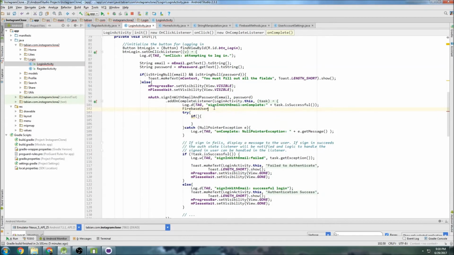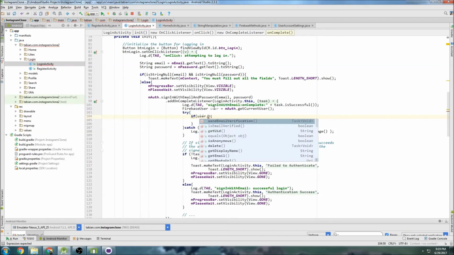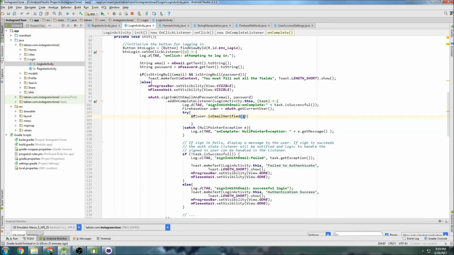So Firebase user equals FirebaseAuth dot. No, is it? It's auth dot get user. Auth get current user, and then we want to test if that email is verified. So we can go into here. User is email verified, and if it is verified, then that's cool. We can navigate to home activity. So we can say success. That email is verified,